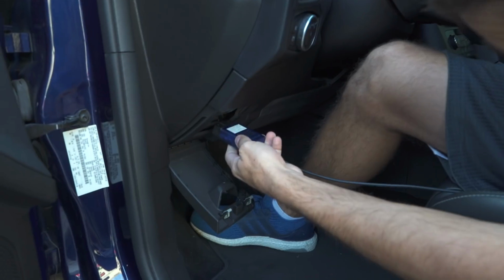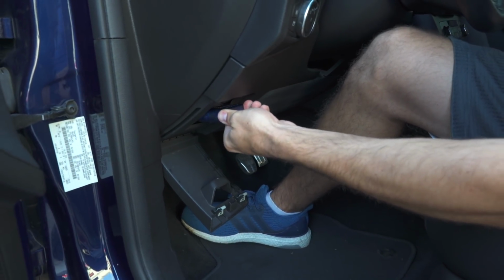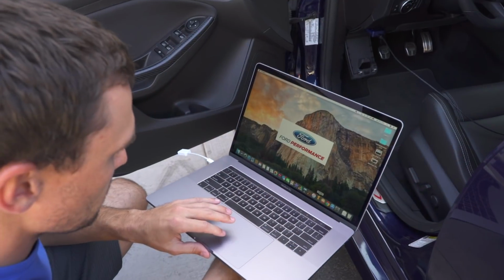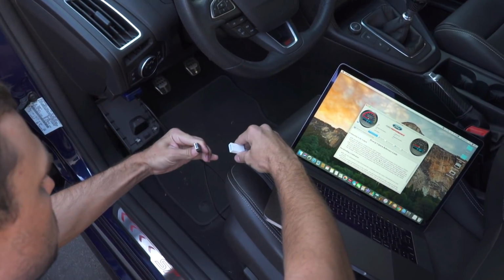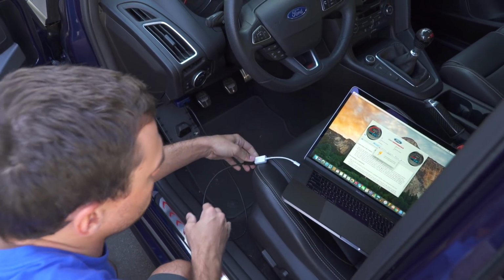Alright, so now on to the final part of the project, and that is plugging into the OBD port and then getting that to communicate with your computer. And this is very simple here. So you just open up the Ford application, the Pro Cal 3 app, which is again that little lightning bolt. There it goes, it pops up. Now as soon as I connect the USB port to my computer here,